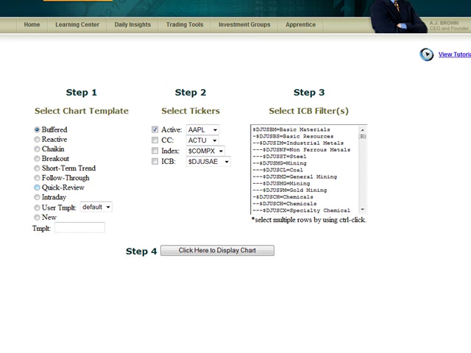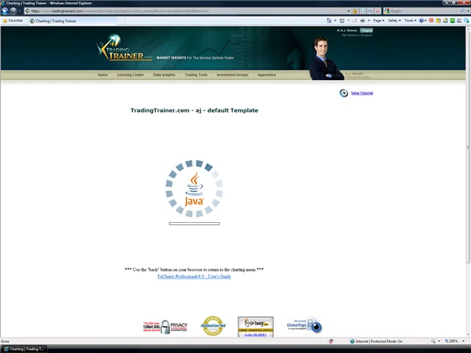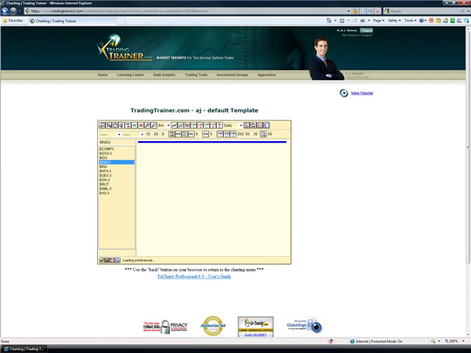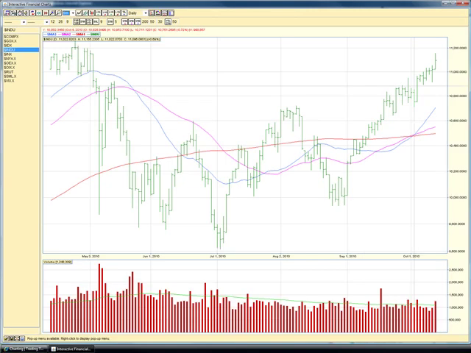All right, let's go ahead and take a look at our user template. We'll do our indexes. And we'll do the Dow. Now, as soon as this chart populates, we're going to go ahead and expand it to full screen. One thing I'd like you to notice is we made some pretty good highs today and then came about halfway down. If you take a look at a 5-minute chart,